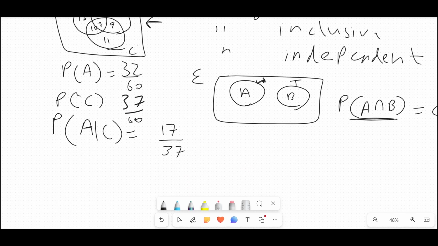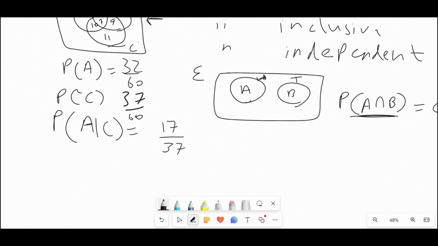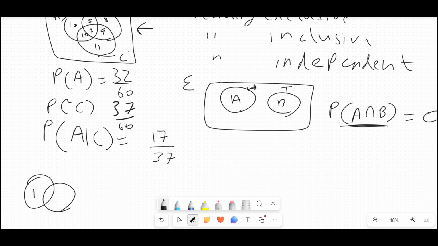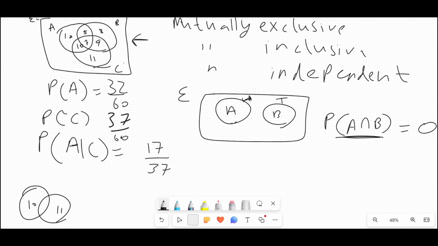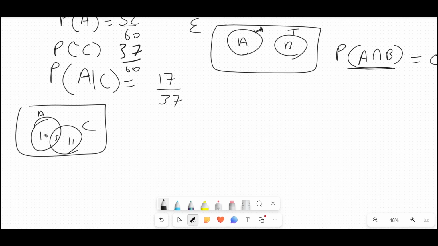Now let's say I have to see if A and C are inclusive, right? So I'll sketch A, I'll sketch C. I have an intersection point. This is 10, this is 11, and this is 10 plus 7. Let's say I'm making another question, so I'll give it 5. Okay, this is A, this is C. Now if I look at it, in this inclusive set it has one property, and that is that the